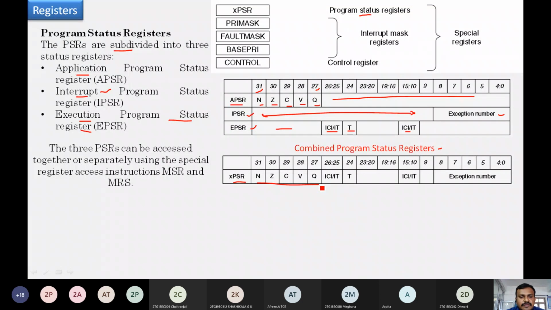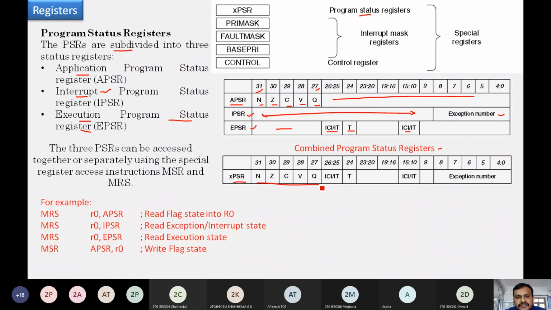This is done using some of the instructions in assembly code, MSR and MRS. In the next module, we are going to discuss the beginning of the instruction set. Here we are talking only about the register set. How to use these registers is by coding, and for that we use assembly code, written using assembly instructions, or mnemonics. Here, for reading and writing, we have two instructions, MSR and MRS.